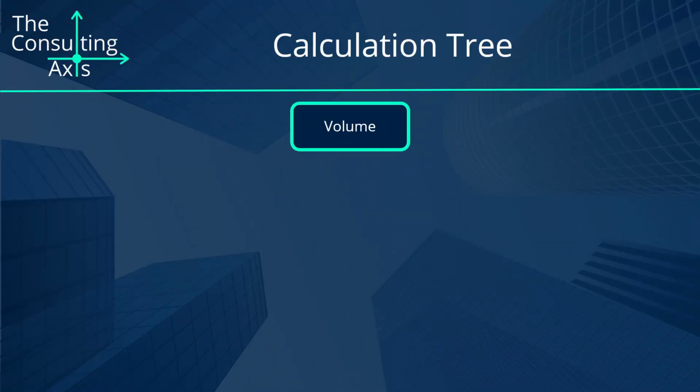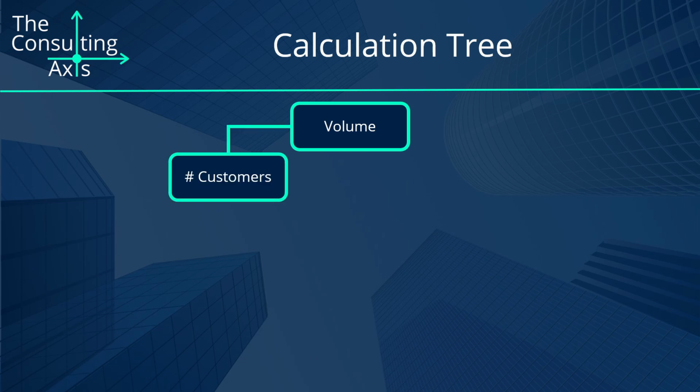So I started answering this question like you do with most market sizing questions, with the calculation tree, putting volume at the top, because that is what we are trying to find out, the volume of contact lenses sold in the US every month. We can start by breaking this down by saying this is equal to the number of customers, so the number of people in the US that wear contact lenses, multiplied by the quantity that each customer